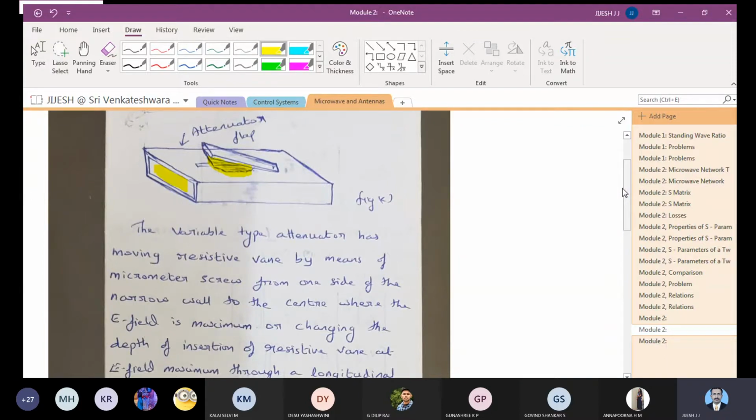Attenuators, we usually give: variable attenuator, explain attenuator, explain different types of attenuator. This type of question usually comes. And precision type variable attenuator is there, which you are going to study in today's class further. So that is a definite question for your internals or externals. So you have to prepare those kind of questions and don't leave them.